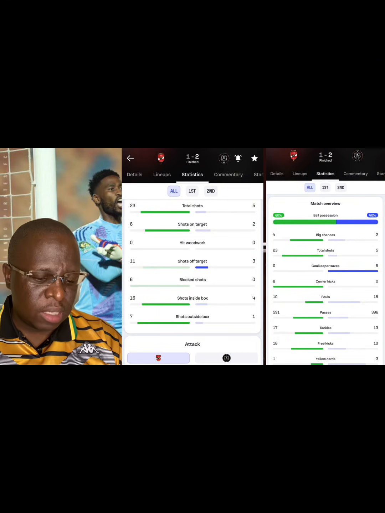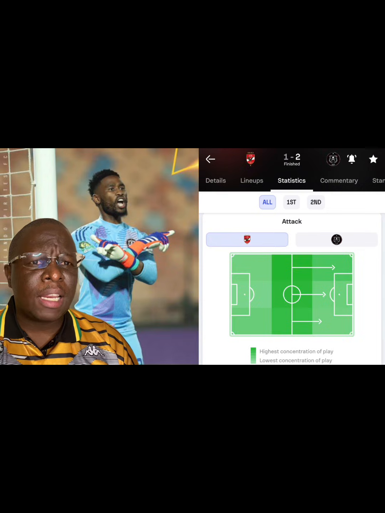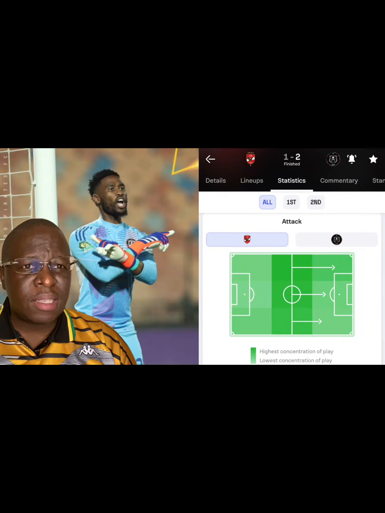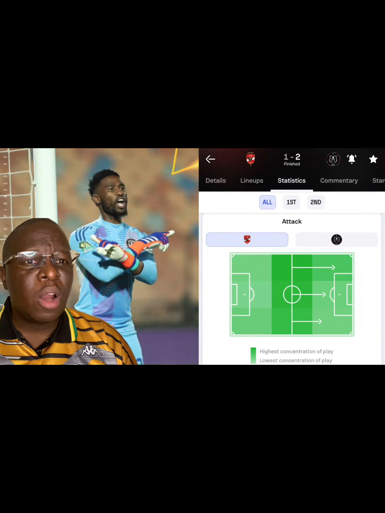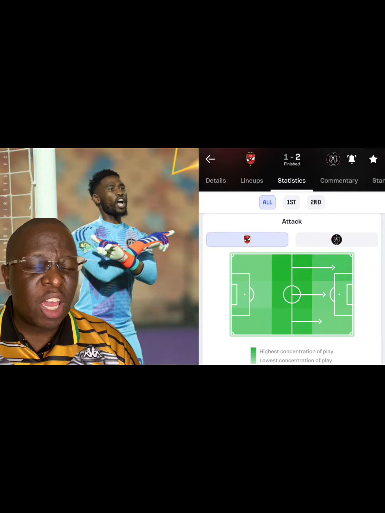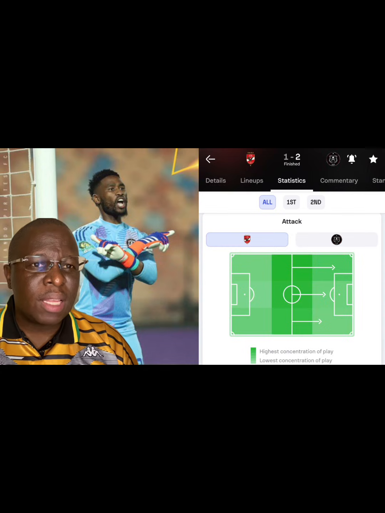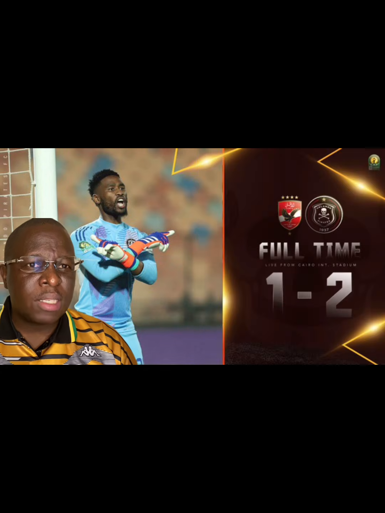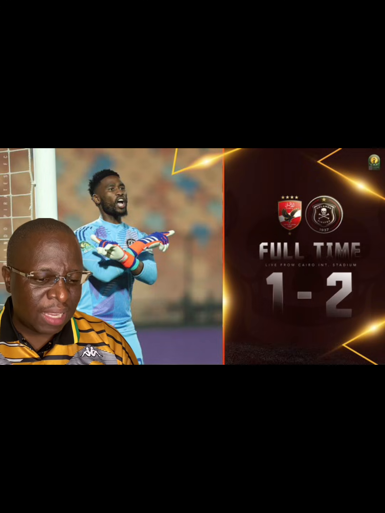The other interesting thing was the constitution of play. If you look at the constitution of play of Ahly, it was more in the center, and then on the right hand side, which is Orlando Pirates' right hand side, and Ahly's left hand side. I don't think that is just a coincidence. I think it was deliberate, them ensuring that they attack all the time using the left hand side in this particular match. Perfect. Let us get in and look at it.